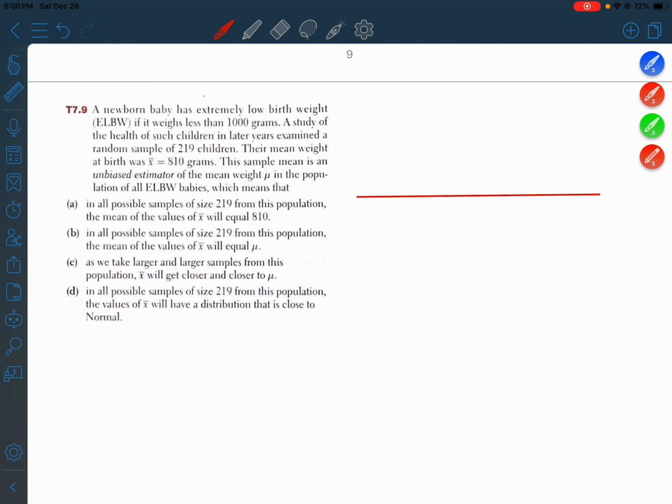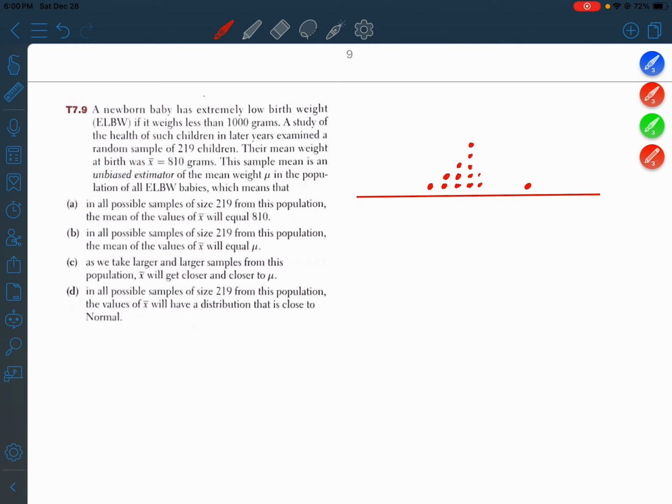sample, and we plotted its value, which was 810 grams, and then we took another sample of another 219 random children, and found the mean birth weight of that group, it would be something different, and then we just keep repeating this process. Like, every day we take another sample of 219 children, calculate the mean, write that number on a sticker, and put it on a poster, and in the long run, what we're going to end up with is